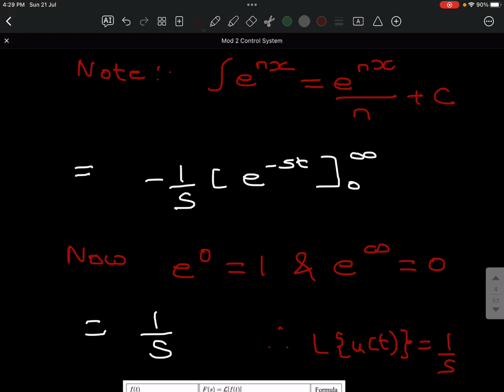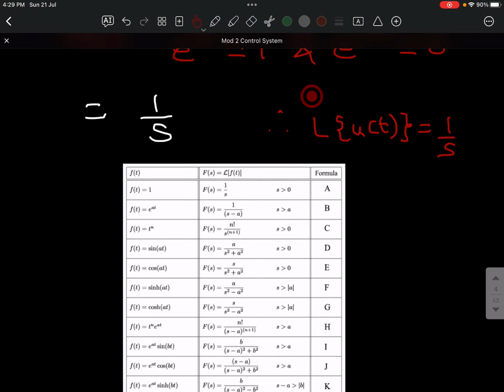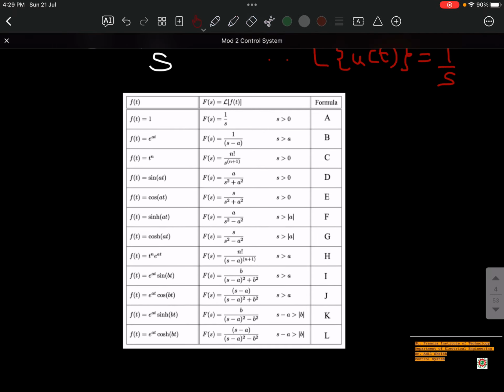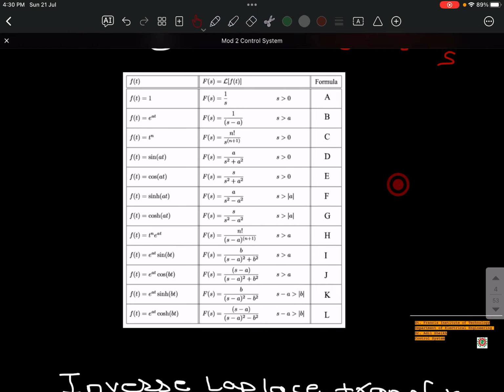We are going to use many such Laplace functions. So whenever we have the numerical, we will have the following Laplace transforms. For example, Laplace transform of e raised to at is equal to 1 upon s minus a. Laplace transform of sin at is equal to a upon s square plus a square. Laplace transform of cos at is equal to s upon s square plus a square. And so on. So we are going to use this particular table for many of the numericals which are going to